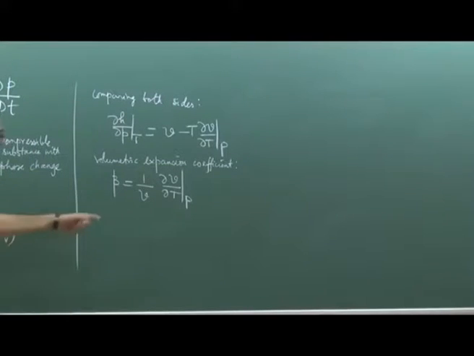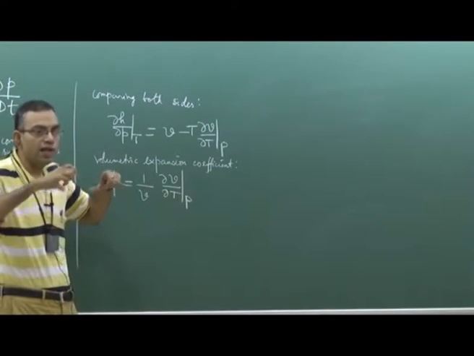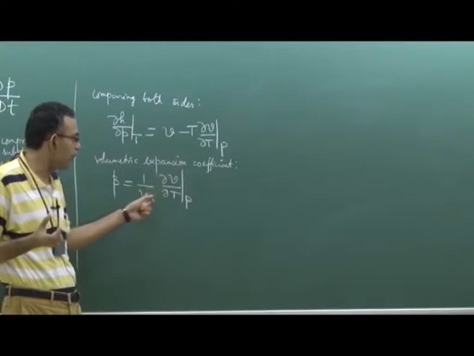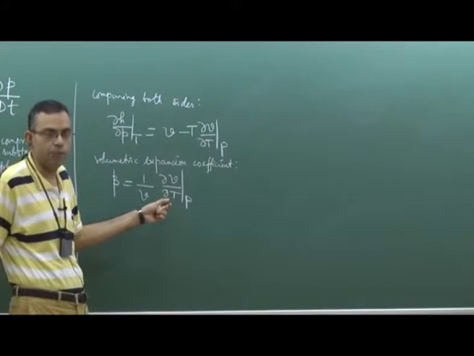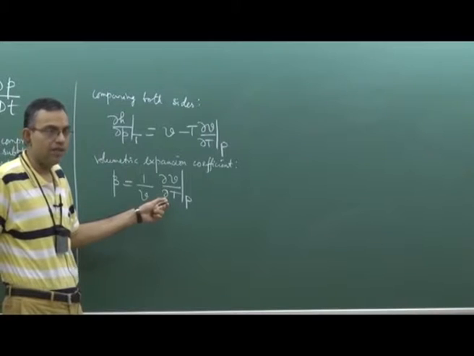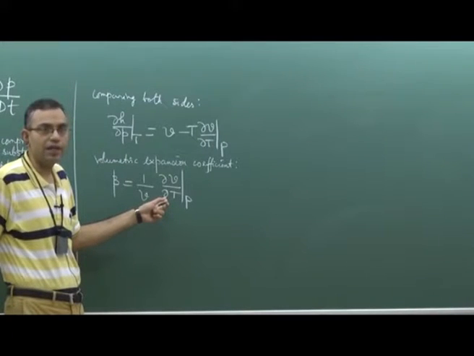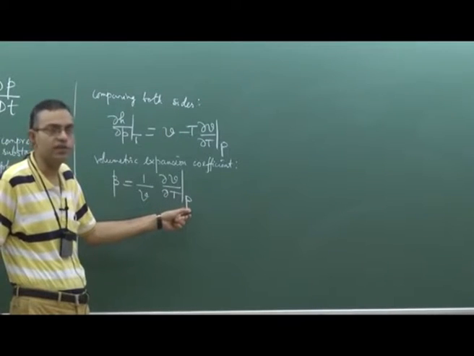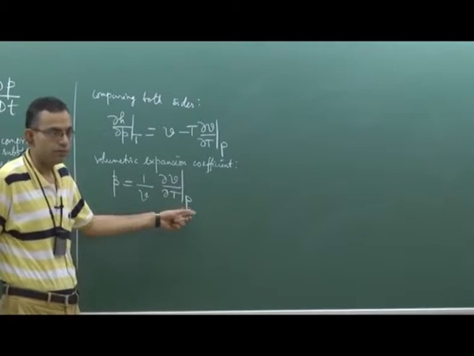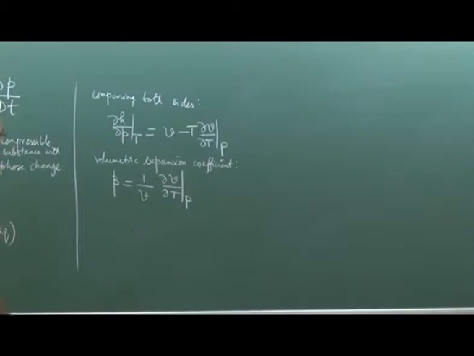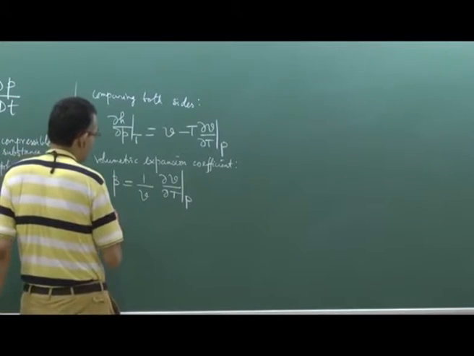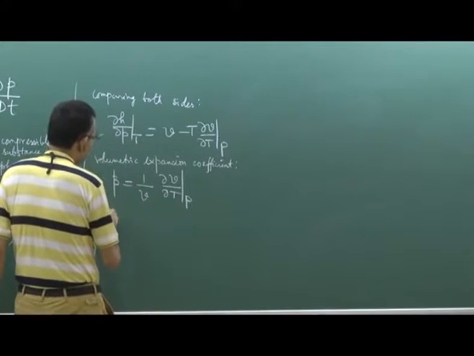So, volumetric expansion coefficient in qualitative form is what? Change in volume per unit volume for each degree change in temperature, and that has to be evaluated at some parametric condition. So, the condition is here constant pressure. So, you can write this one